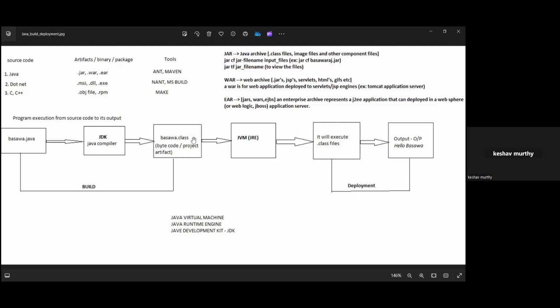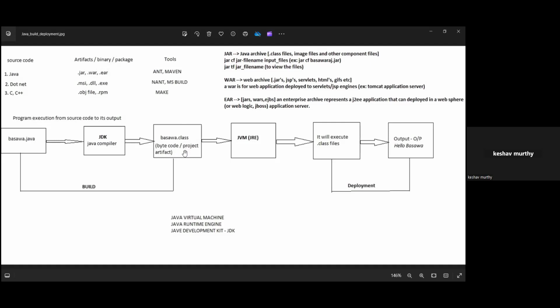So what is this class file? This is a compiled version of your Java code, which can run on any system platform where Java is installed. The class file consists of bytecode. It is not in a normal human-readable form; it is converted into machine language, bytecode. Since we have one .java file here, it is going to convert it into one .class file.